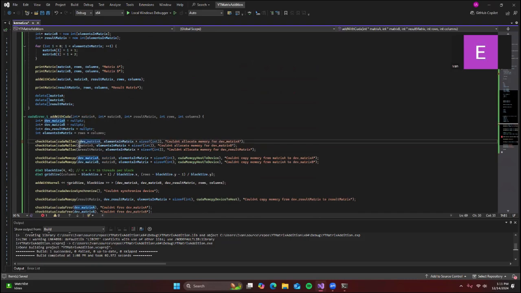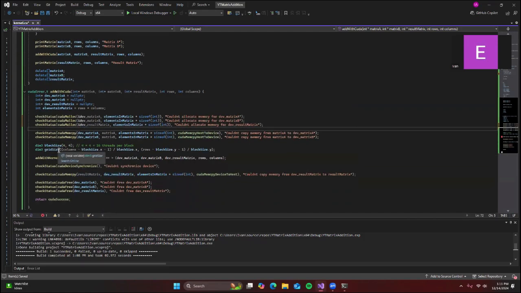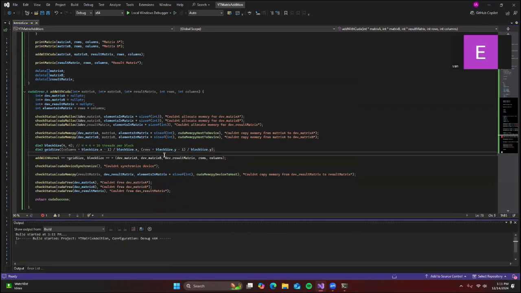So dev, and then we just have to pass in dev matrix B, and then dev result matrix. And then within here, the grid size, this should be adding, and this should be adding as well. I put minus for some reason. So now if we run it,